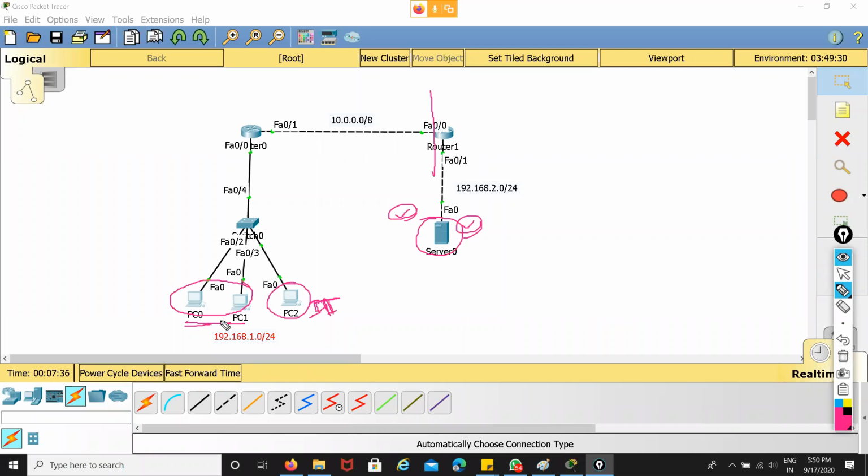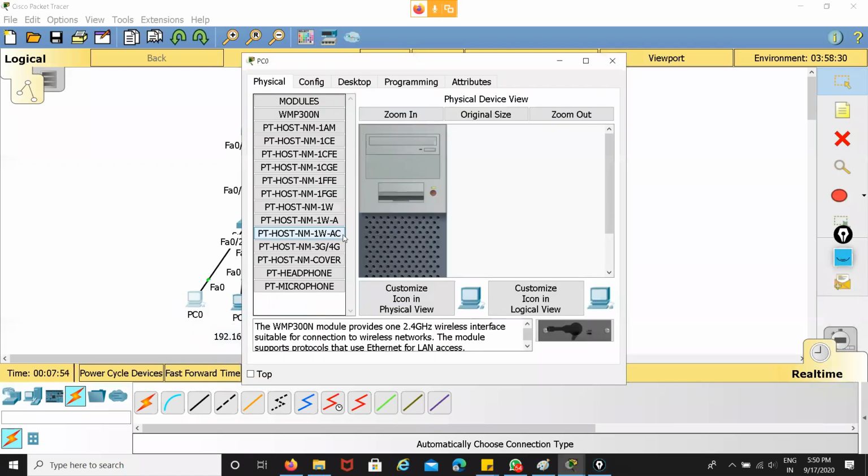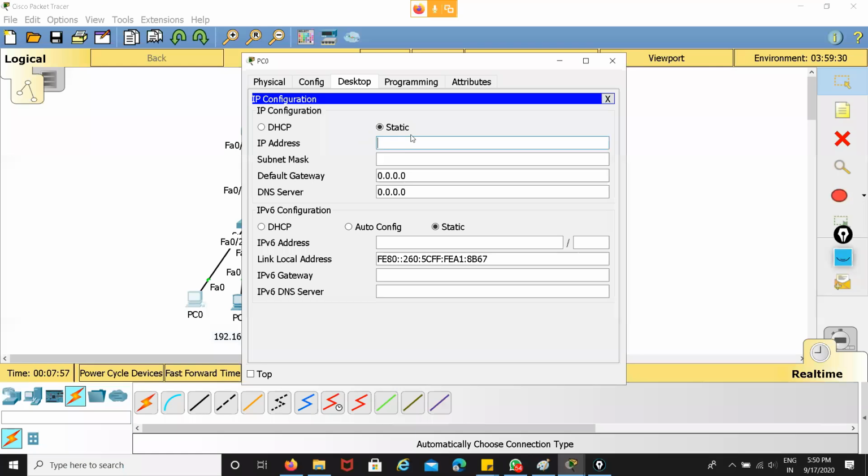These specific systems are not able to create any direct queries to the server. So this is the concept to filter the traffic: allow the traffic of PC2 and filter the traffic of PC0 and PC1. Now, to do this, I have to configure the IP addresses.